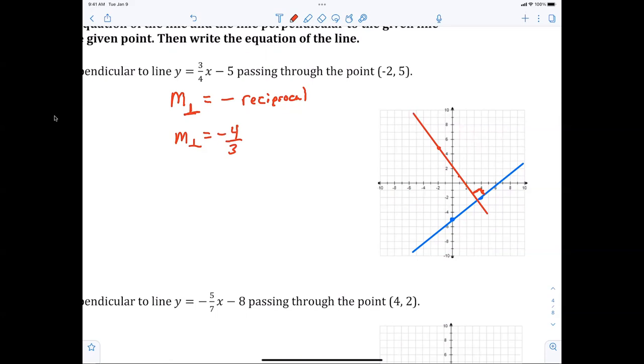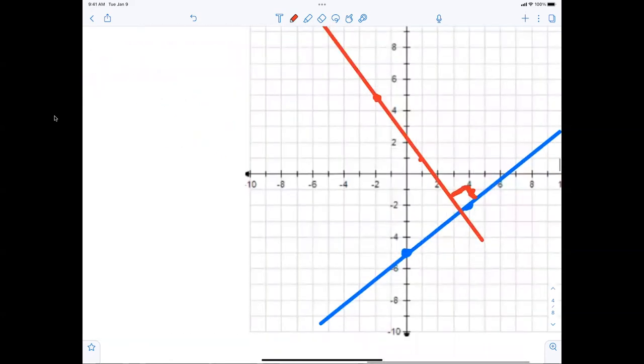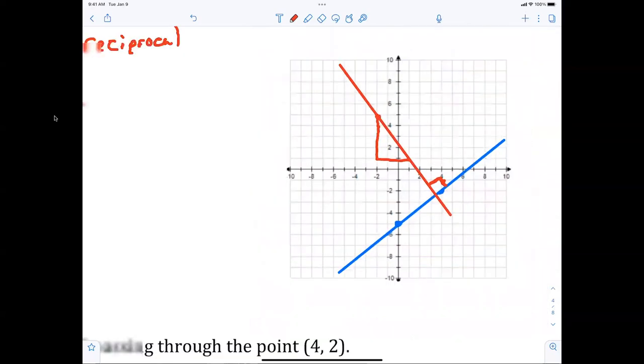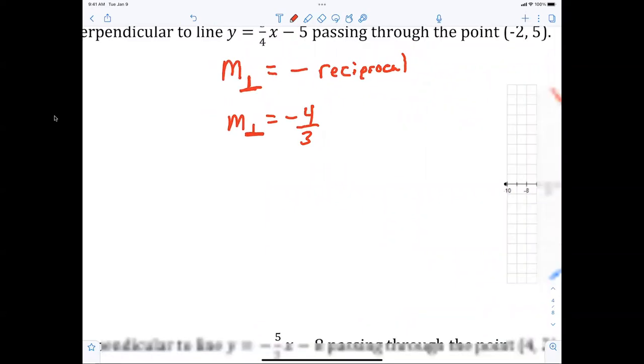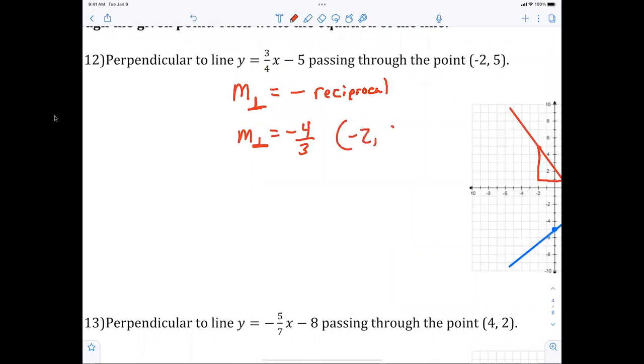All right. Now, if you'll notice here, 1, 2, 3, 4, 1, 2, 3. So I just calculated the slope real quick and I was able to draw it. That's how easy it is. Once I've established the slope of the perpendicular, and by the way, this is the symbol for perpendicular, upside down T. That's all that means. It passes through -2, 5, right? So now my equation would be what? Y minus 5 equals -4/3 in parentheses